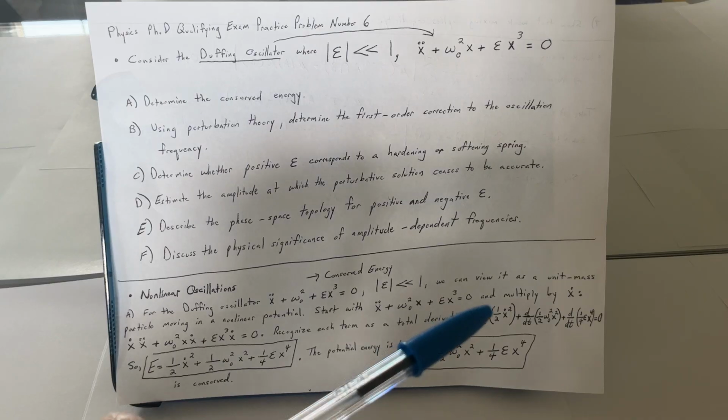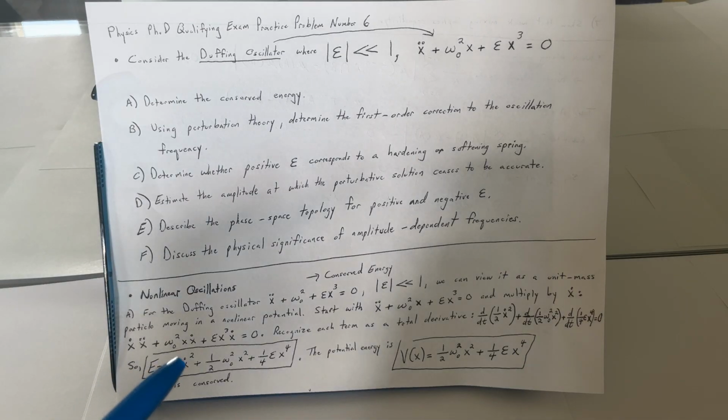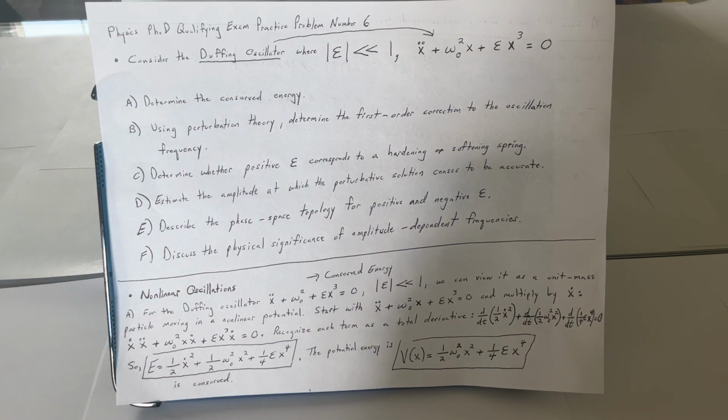Recognize each term as a total derivative. So here d/dt of 1/2 x dot squared plus d/dt of 1/2 omega naught squared x squared plus d/dt of 1/4 epsilon x to the 4th equals 0. So E equals 1/2 x dot squared plus 1/2 omega naught squared x squared plus 1/4 epsilon x to the 4th is conserved. And the potential energy is V of x equals 1/2 omega naught squared x squared plus 1/4 epsilon x to the 4th. Okay,